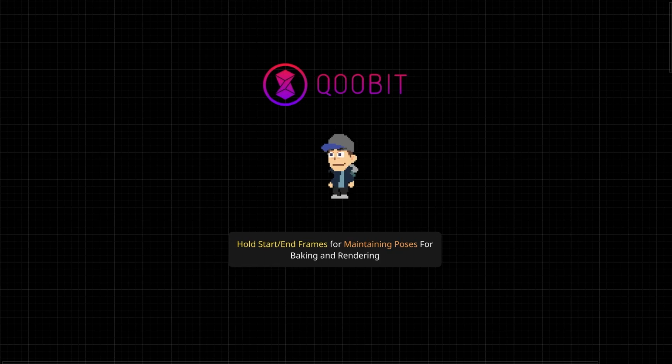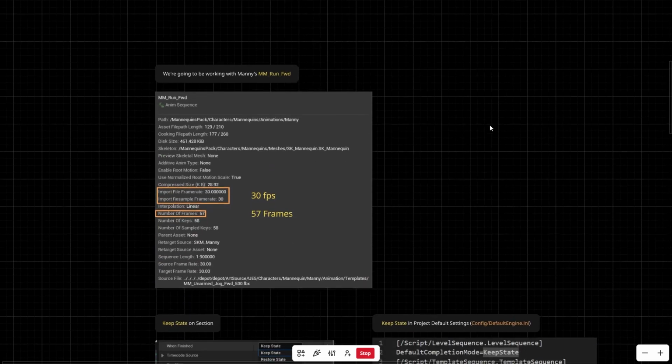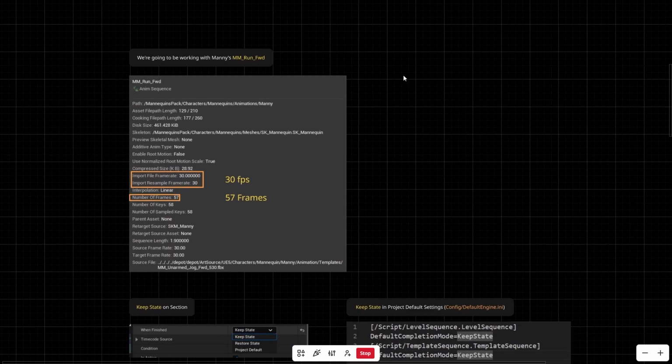Hi, in this video we're going to be going over how to hold start and end frames for maintaining poses inside of Sequencer for Unreal Engine. To get started, make sure you have the mannequin pack installed, and if you look inside your mannequin pack from Fab, you should see some animations, and we're only going to be specifically using the run forward animation that's named